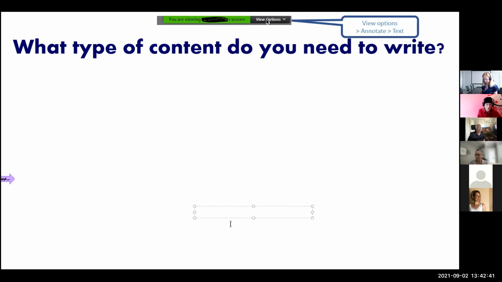I know a few of you mentioned knowledge that you have to write. What's the nature of that knowledge? The technical, legal, procedural, contingency? There are lots of forms of knowledge in VET.